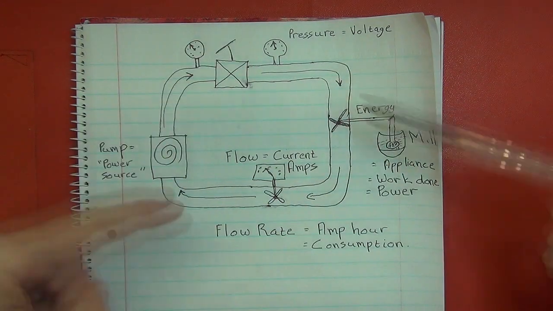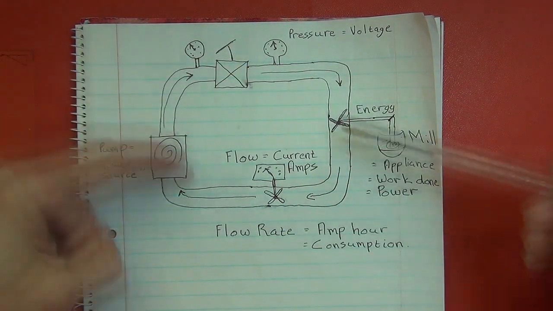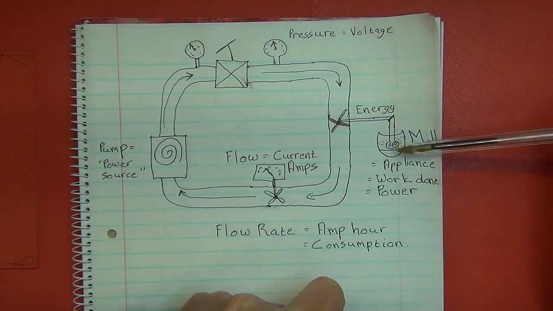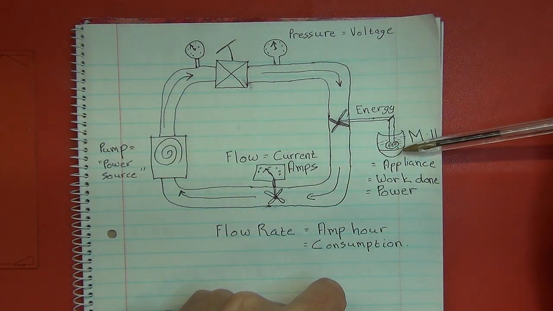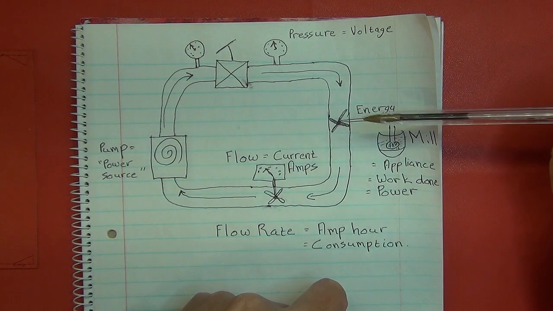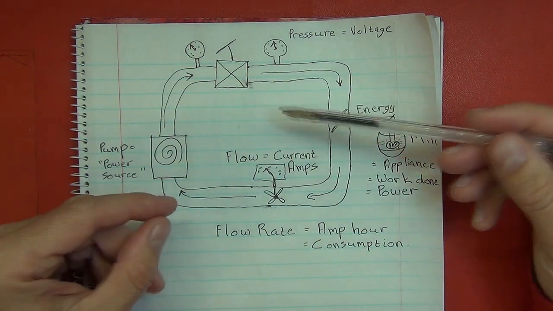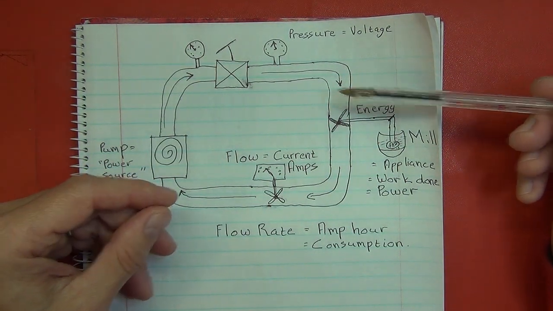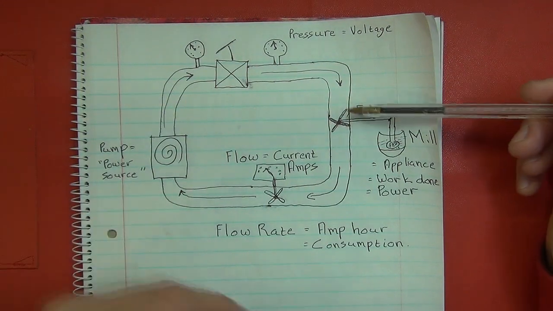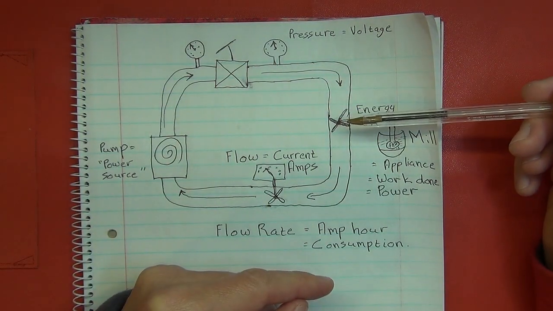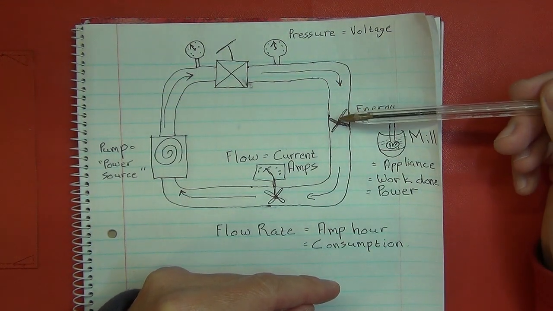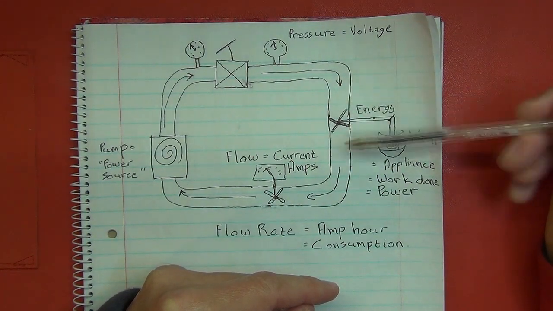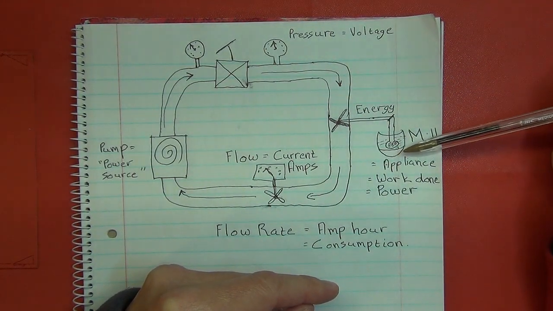But even though you've got that flow of electricity going back and forth, your paddle is still going to be flipped backwards and forwards. It's still going to grind your flour at the end of the day. So in electronics, that's why we are going to focus after this mainly on direct current, because that's what we use for the most part in electronics. But understanding electricity, you can see that direct current can power things, and alternating current, which is used in your house, can power things even though it's going back and forth, in essence going on and off, because it still does work at the end of the day.